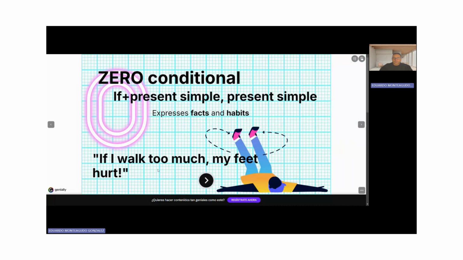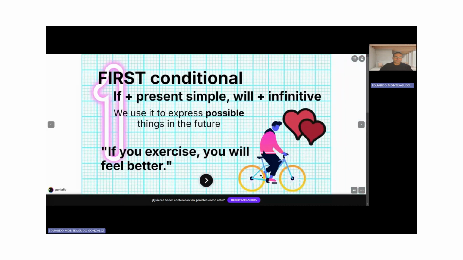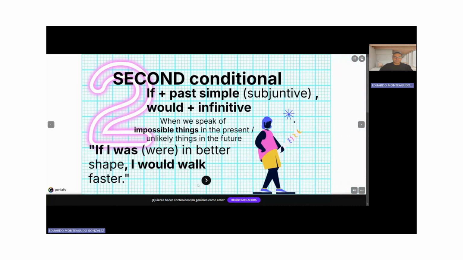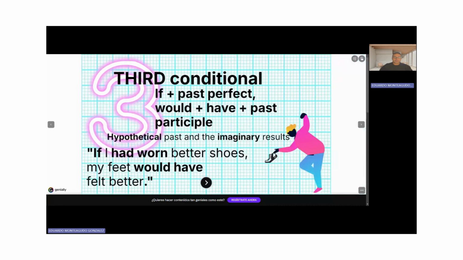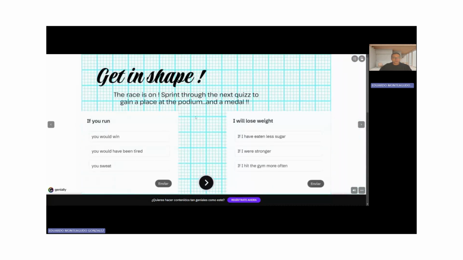They're all within how exercise is good for you, and you should do it as often as possible. Like the first conditional, the explanation, the structure, the example, they all fall in the same conceptual line. Then the third conditional is a bit more complex. So as the explanation of the conditionals have a degree of complexity as we go from the 0 to the 3rd. Kind of the same thing happens with the